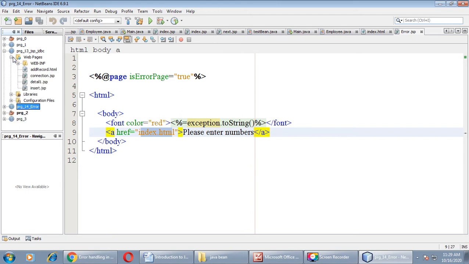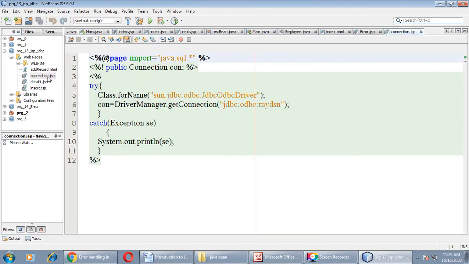Go to your web pages. Here I have defined one connection.jsp. You have to just simply create one JSP page, nothing else. But whatever you have done in your first unit, that we will cover over here in scriptlet text.